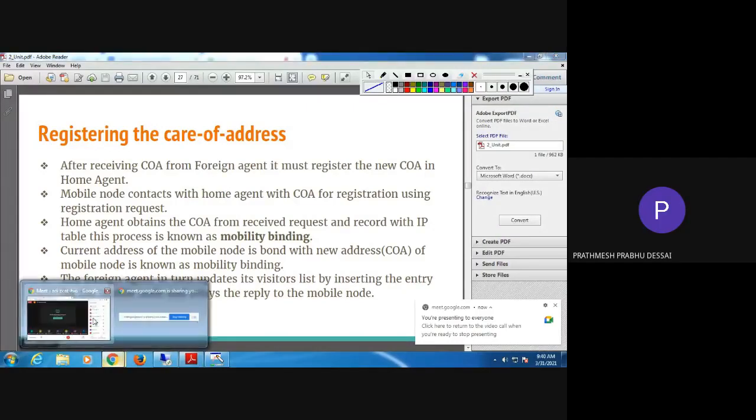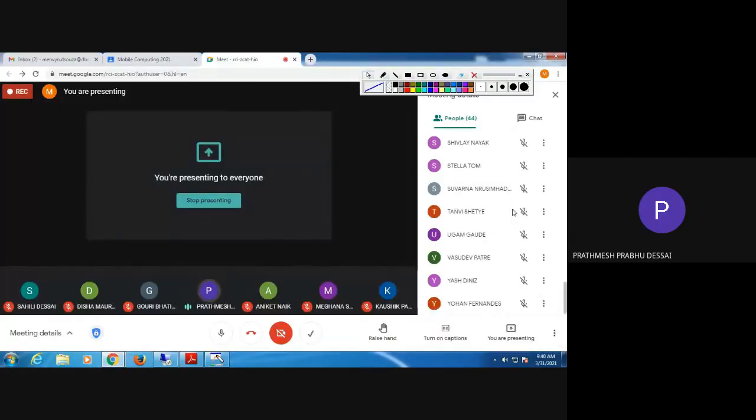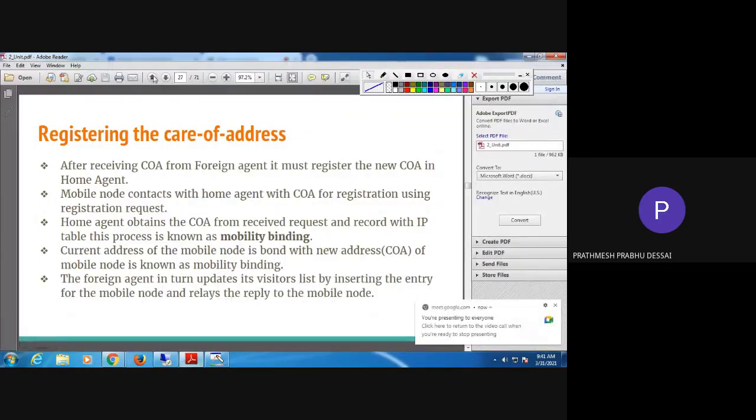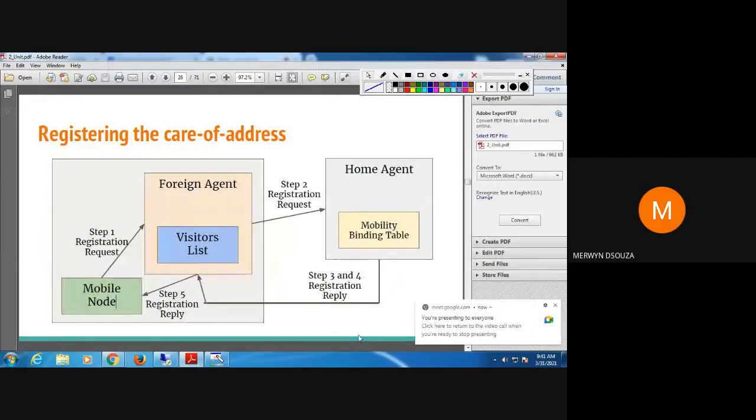Yes. So at step 3, the acknowledgement goes from the home agent to the foreign agent after associating the care of address. No, step 3 is about updating the routing table. In step 3, the home agent updates its routing table based on the request that it got.